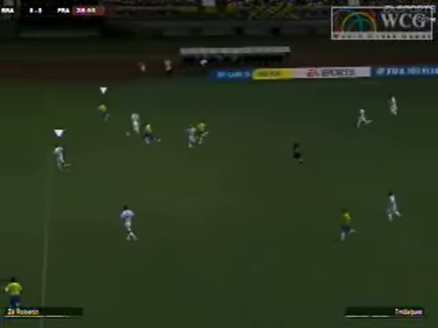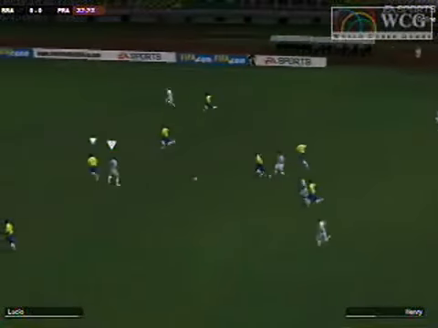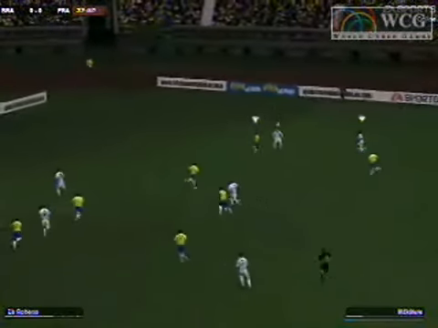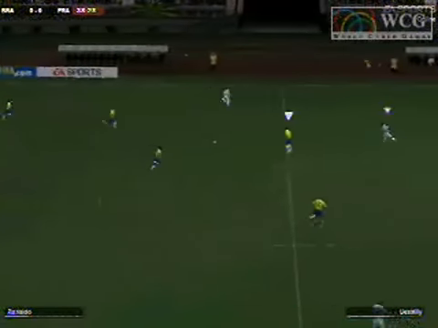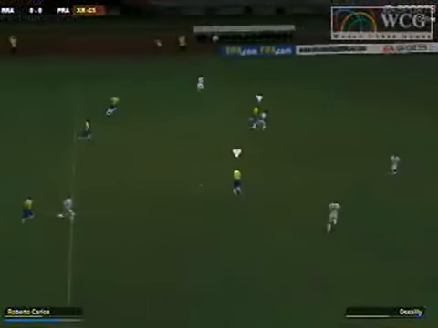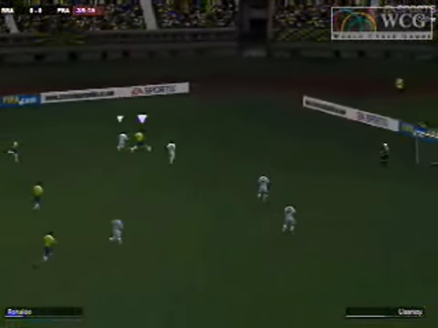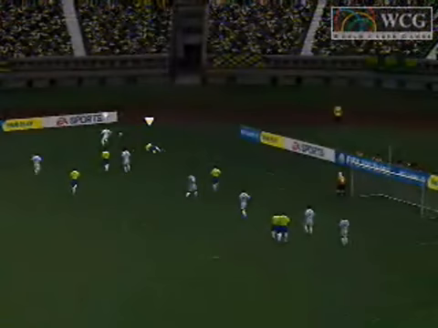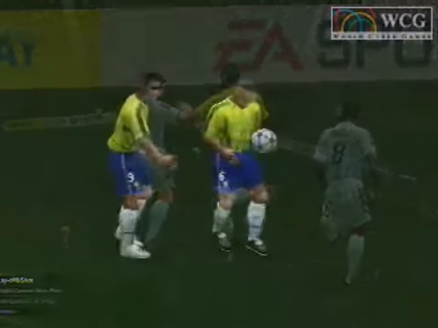All right, France now on the attack, has an advantage. Got men, got numbers, is going to do some give and go passing, wasting a lot of time, allowing these Brazilian center mids to fall back and help their defenders. And because of that, we've got a situation. Roberto Carlos to Ronaldo. Ronaldo has an opportunity. He has a chance. He's going to get the cross. No, there's a little push, a little shove, and we're going to see a free kick for Ronaldo.